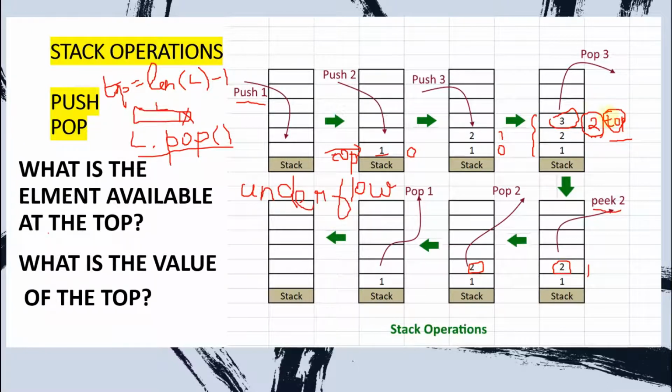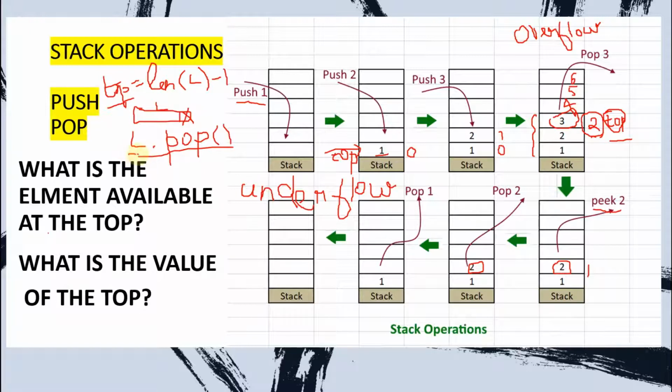When my stack has become full, for example, let us consider I have inserted these many elements into the stack, I have pushed these many elements and it has reached the limit. If my stack has a limit and it has reached that limit, you cannot insert any other element. This is called overflow. This concept of adding an element when my stack has come to its full size is called overflow.